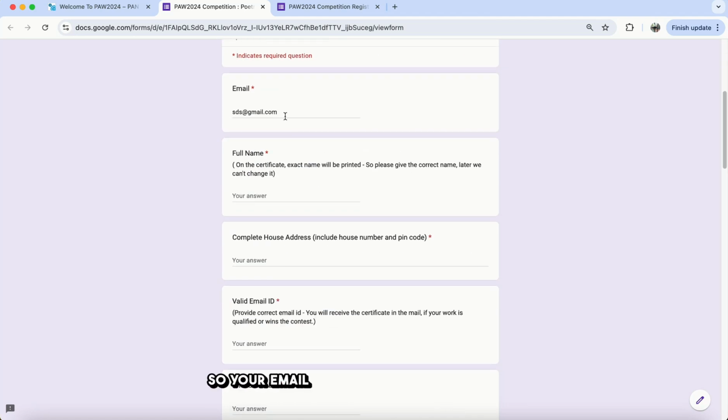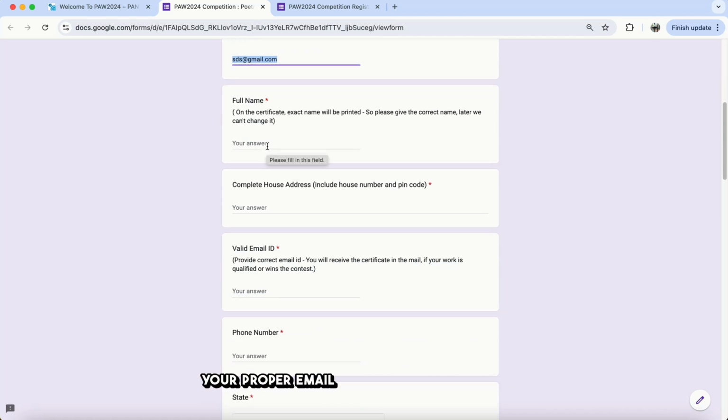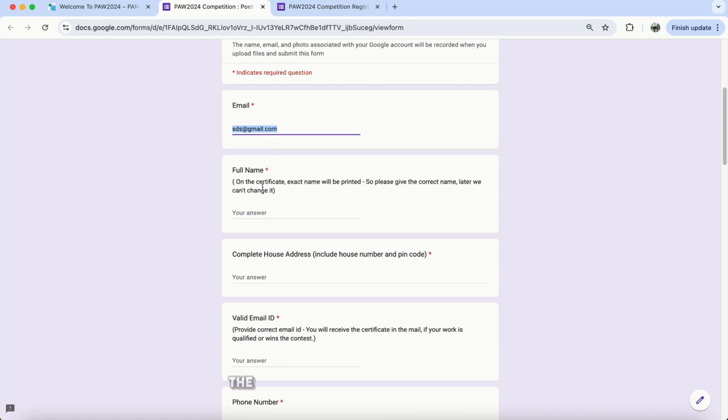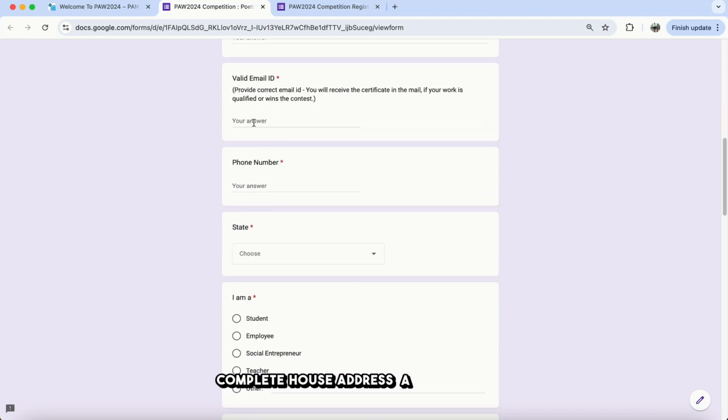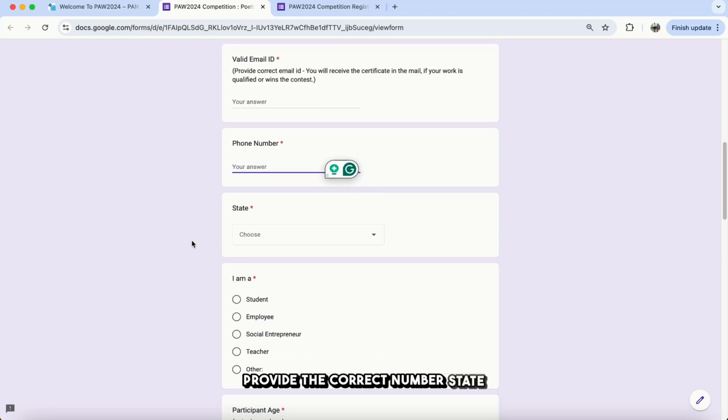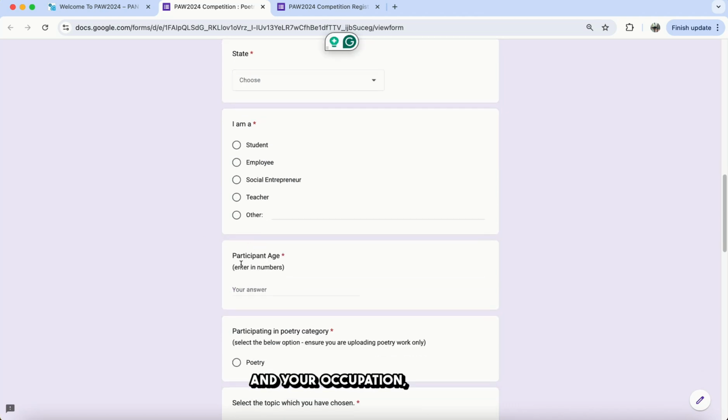So your email, here's the test mail we placed here. Your proper email ID is very important. The full name is very, very important, the participant's full name. You be more careful here when you're submitting your work. This is the name that will come on the certificate at the end. Then the complete house address and a valid email ID. Provide a correct email ID for the communication, and the phone number, provide the correct number. State, your occupation, your age,